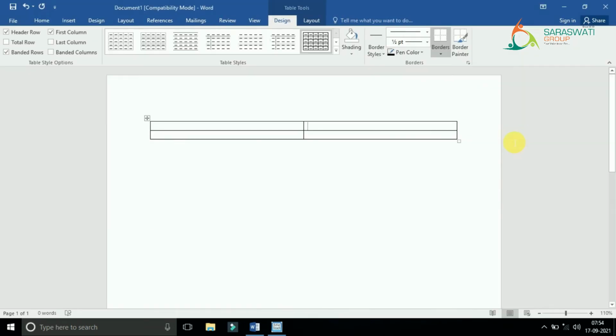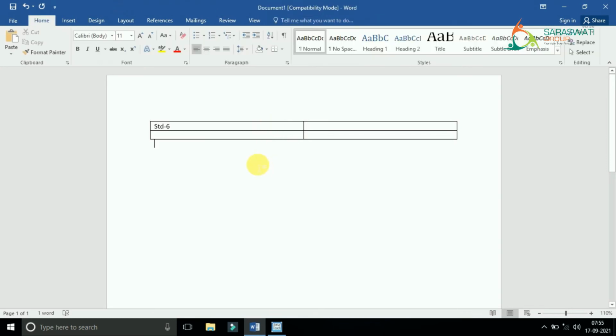Right, now confused? See, here I want to write Standard 6. But after writing this, I want to write some other things here in the second cell. Okay, so how can I go? I can go with the help of an arrow key on the keyboard. Right, arrow key, that is the right-hand side arrow key. If you press it, then also you can go. You can click here with the help of a mouse as well, and you can also press the tab key.